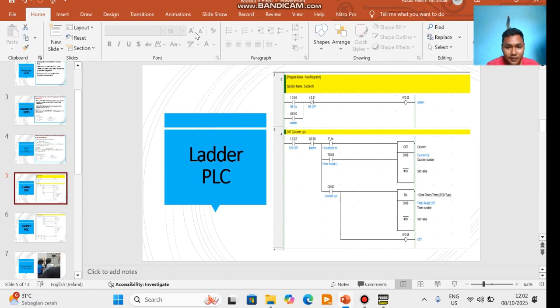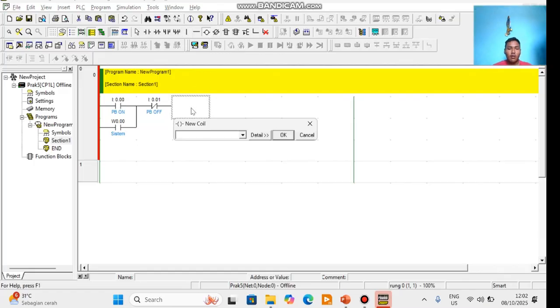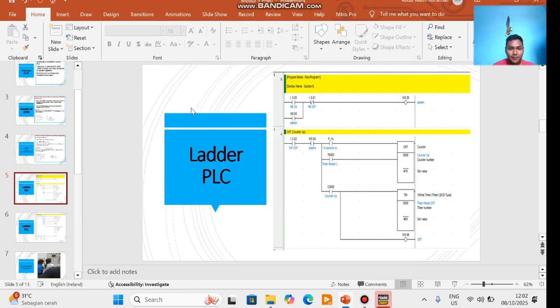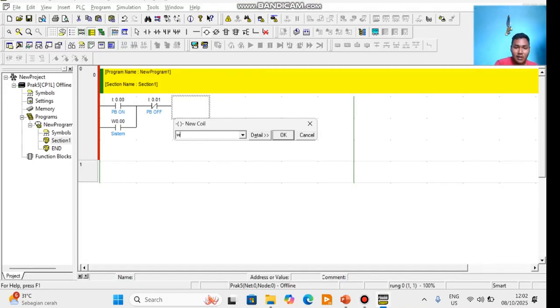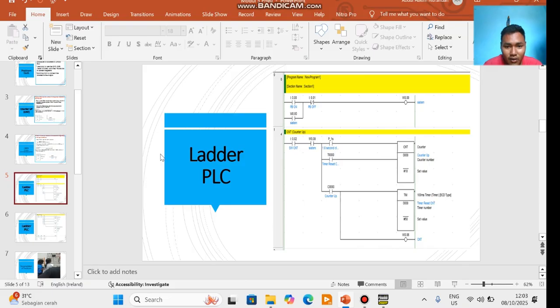Last, you add a coil to close row 1 of the diagram, W0.00 system. This diagram is correct, with no crash or error.